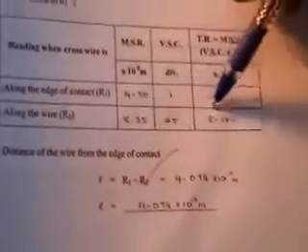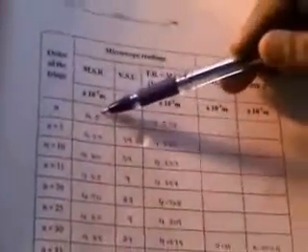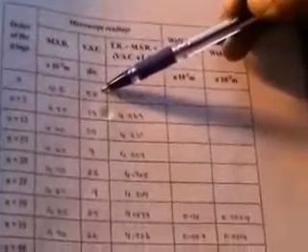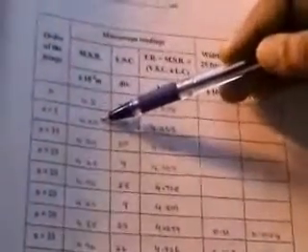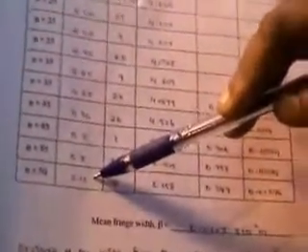After this, don't go to the wire. We can record the readings for the fringes. For the order of the fringe, any arbitrary fringe, you mark it as n, as I have already shown you. So main scale reading, then vernier coincidence. Then n plus 5th reading, n plus 10 and up to n plus 50.